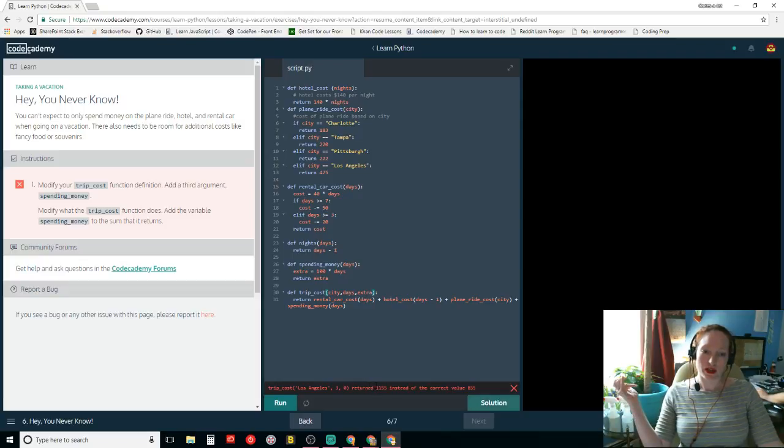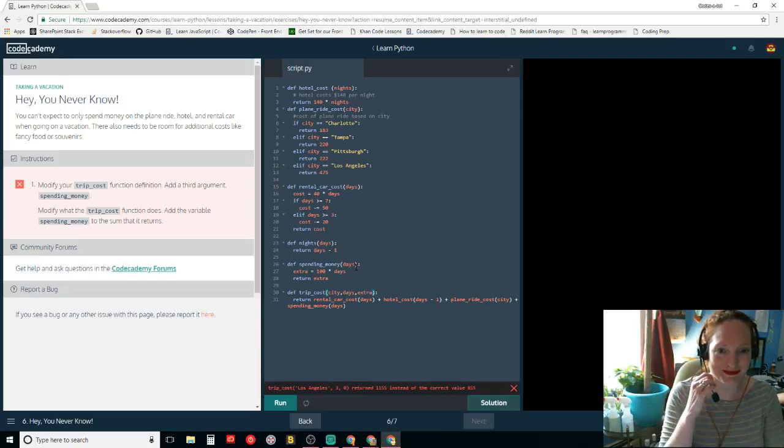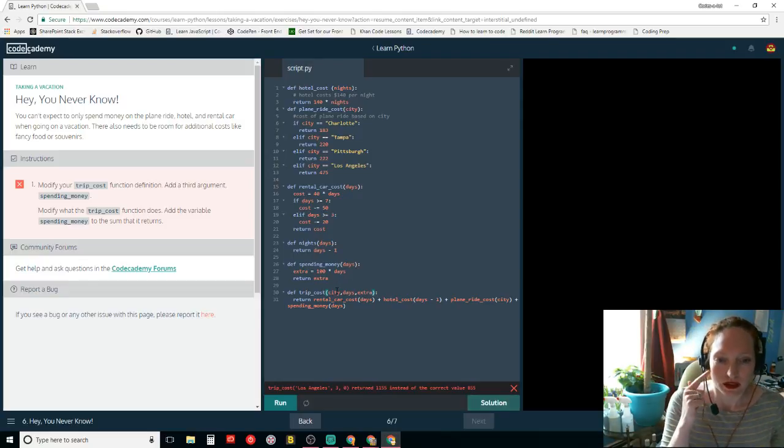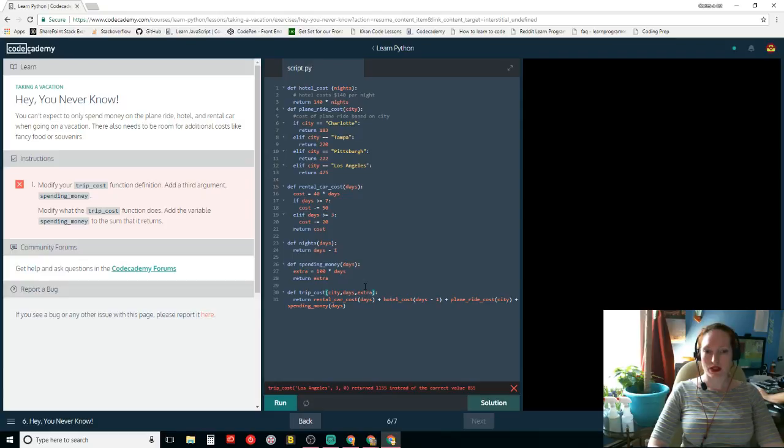I'm confused why it knows what the correct value is and the return is wrong. How? Just return the correct value then. I know that's not how it works, but it seems weird. I don't know what it's trying to tell me with that. How I need to do it? Add a third argument, spending money.